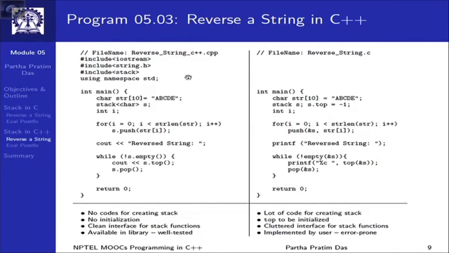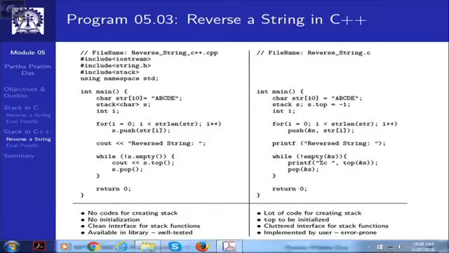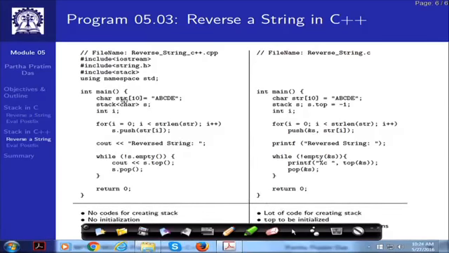So, here we are showing the reverse string example again. On the right is the C program. Of course, the stack codes which we have already discussed are not shown here. It is just the use of the stack in terms of doing the reversing of the string that is shown, and an equivalent code is written on the left hand side. Here, please note that in the C++ code, we do not need to write the stack codes. Instead, all that we are trying to do is